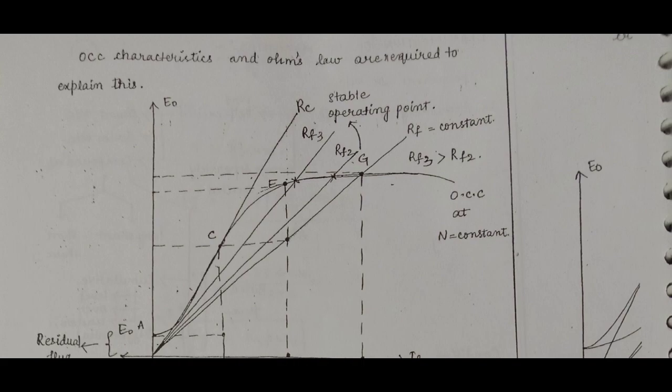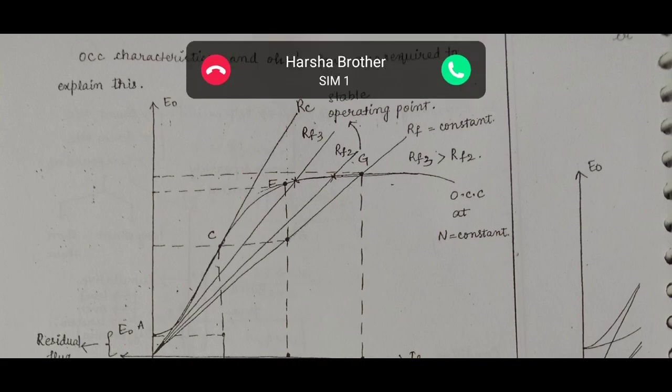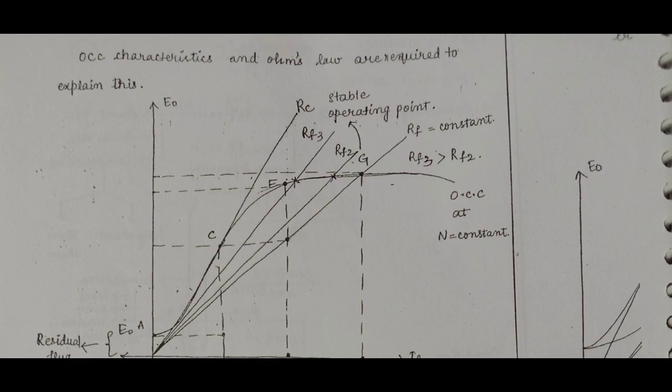Again RF2 to RF3 is increased field resistance, and RF3 also cuts the OCC curve. If the field resistance is increased from RF3 to RC,